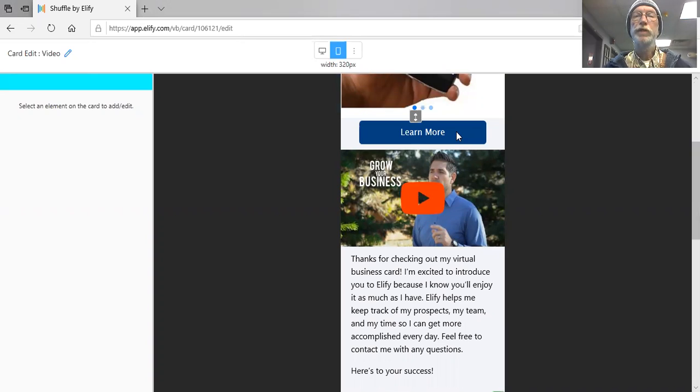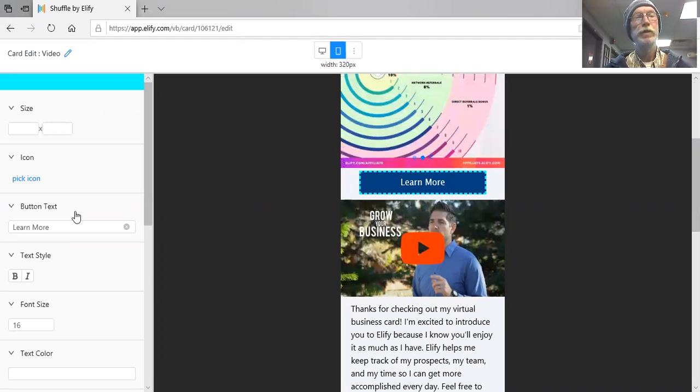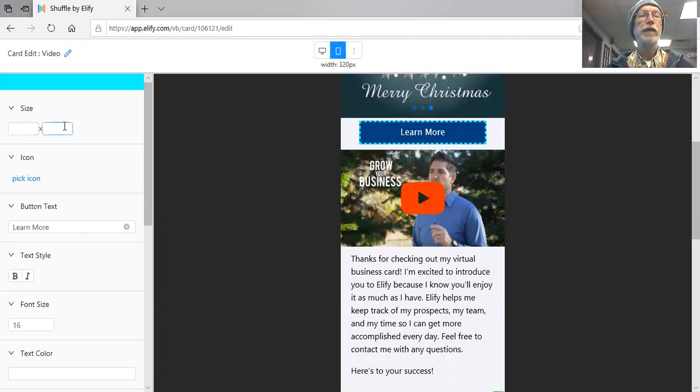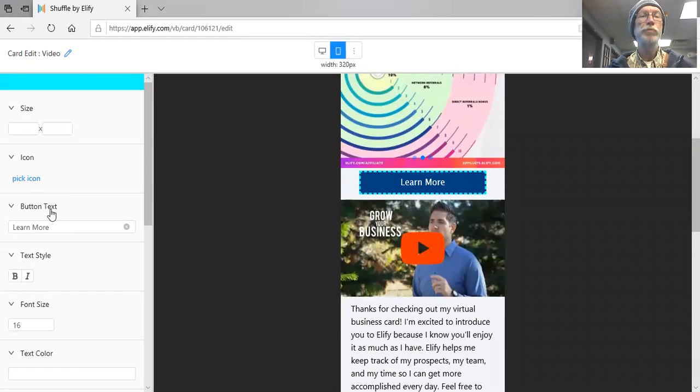I'm going to hover over it, left click, or select it. That brings up the editing window. For our editing, it's all pretty good. Standard size is blank, but that is the standard size. We can change our icon or the appearance of the button itself. We can change our button text,